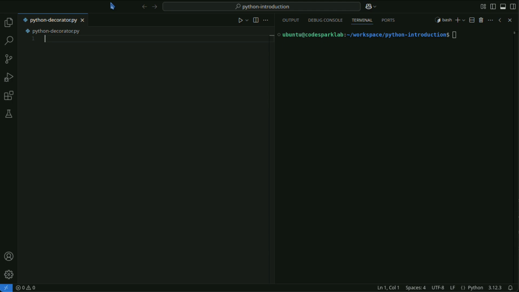Python decorators are a powerful feature used to add additional functionality to functions or methods. Decorators allow you to add new functionality without modifying existing code, thereby improving code reusability and maintainability. Python decorators work by taking a function as an argument and returning a new function with added functionality. Using decorators, you can easily add pre-processing or post-processing to functions.